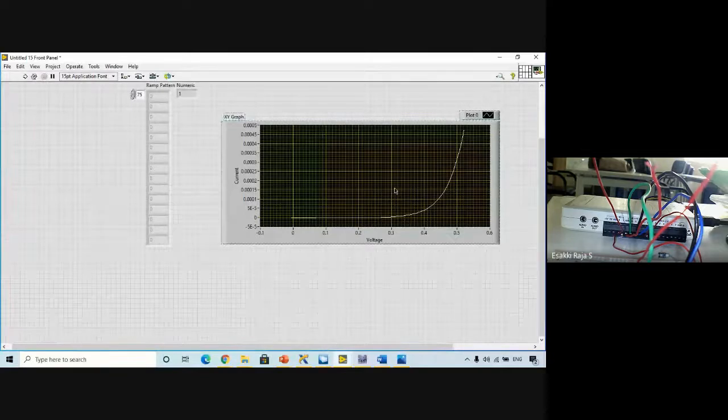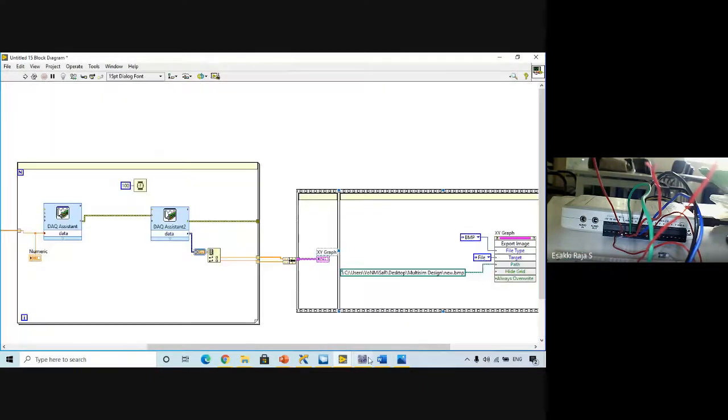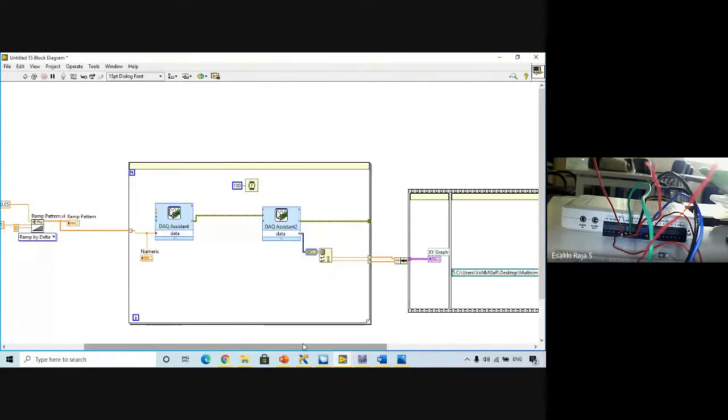So in this code, if you people have any doubt, you can just ask. Just a simple thing. Even in industries, if they want to test any component, they'll follow the same thing. They won't manually change the value. Everything will be automated test equipment. They'll set every range and keep the component. If we get a proper output, then the component is tested properly, or the component passed the test.